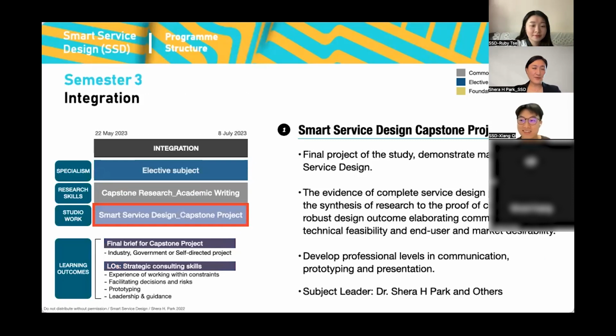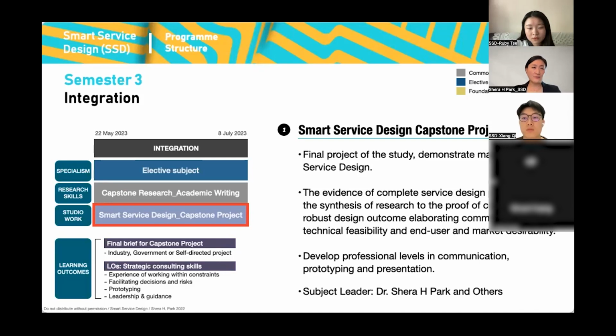And last, semester 3, which is mainly the capstone project, because every semester runs by 13 weeks. It's very intensive. So in the last semester, you are entitled to enter or register any elective subject from other programs. Also, 2 subjects are running together. One is the academic writing and one is the project. So both are very important, but especially for the PhD or research-oriented